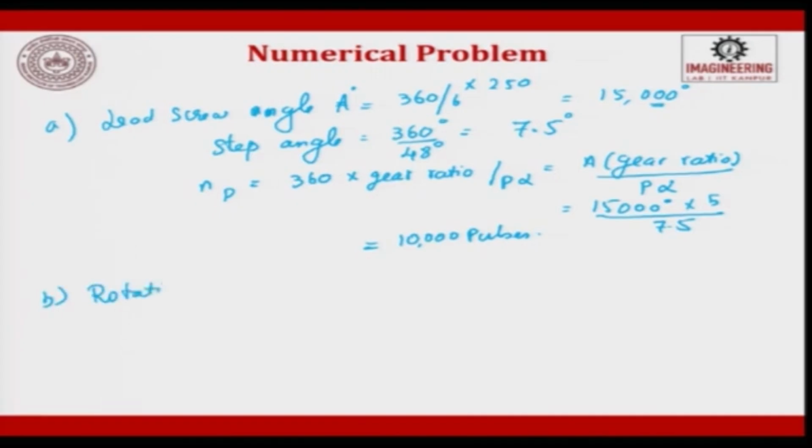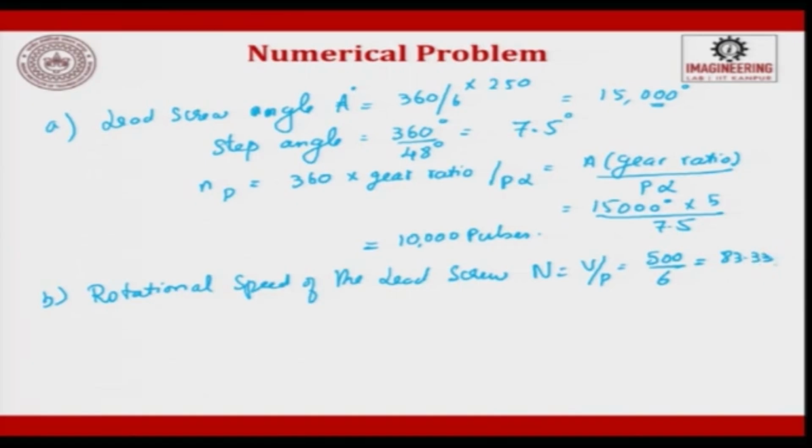Rotational speed of the lead screw, which is nothing but N is equal to V by P, which is 500 by 6, which is nothing but 83.33 revolutions per minute. When we have to do the C case, in which we have to find out the pulse rate,